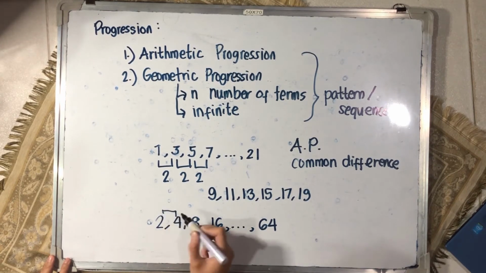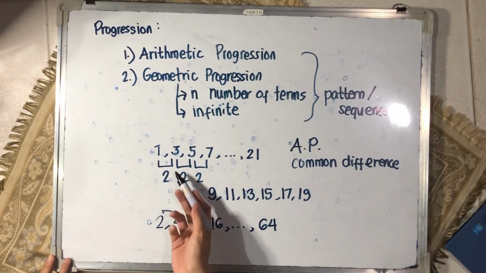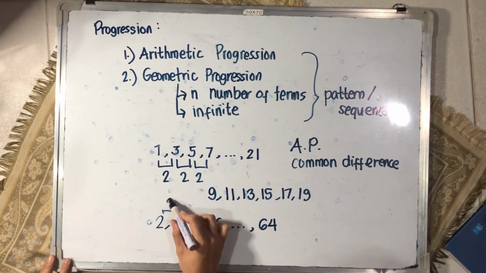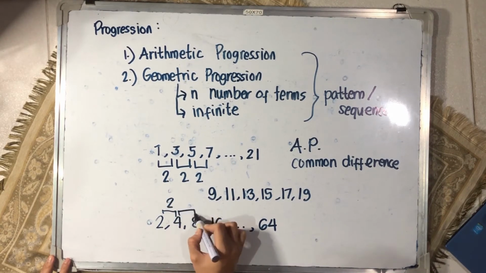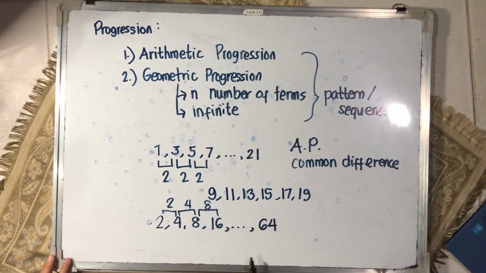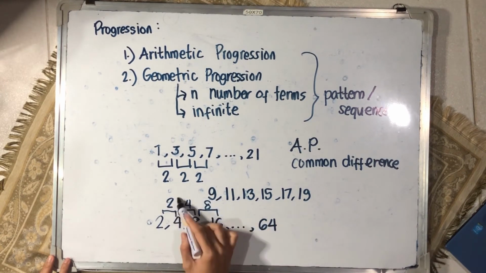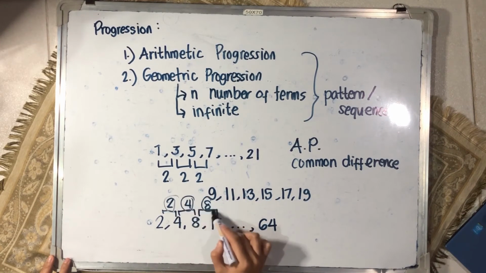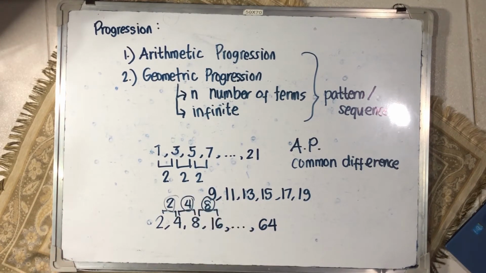Halimbawa, kung i-check mo yung common difference dito, just like what we did kanina, now this could be 2, but if you can observe here, nagiging 4 na to, and this one magiging 8 na. So, no common difference sila kasi iba-iba yung difference ng one term minus another, yung previous term niya, doon naman